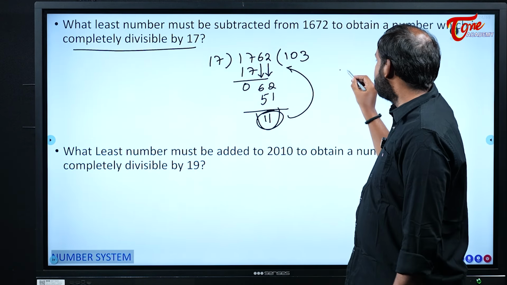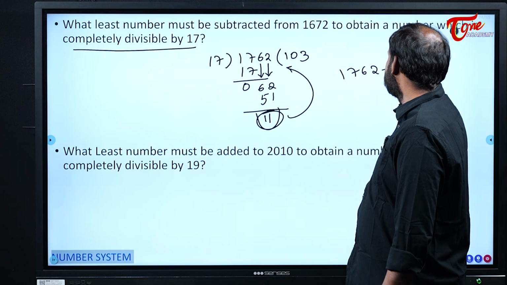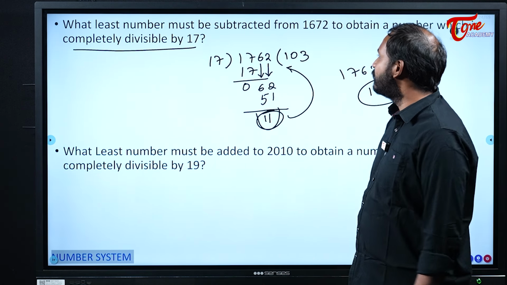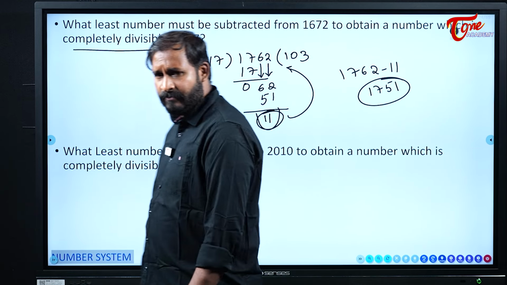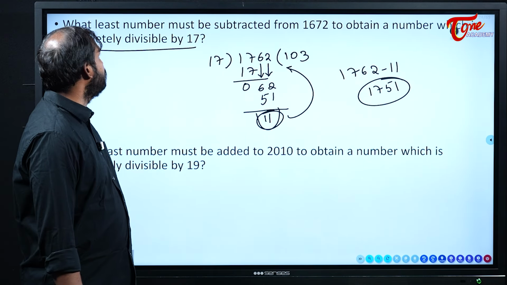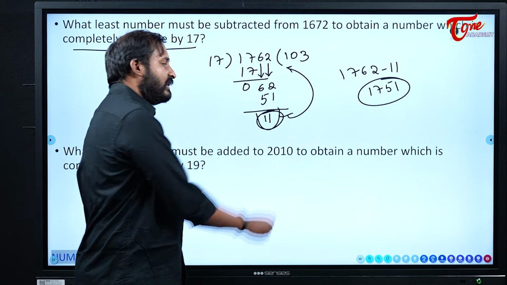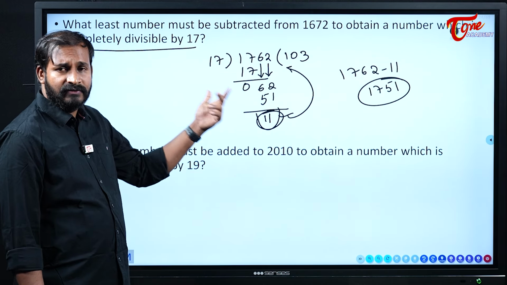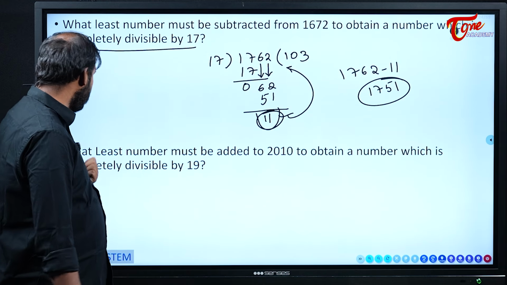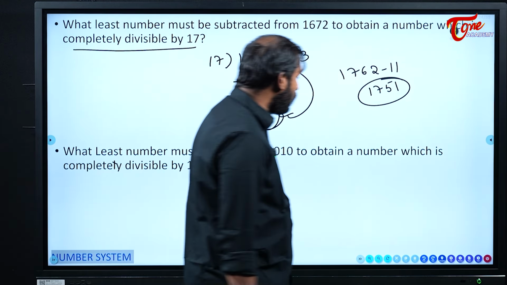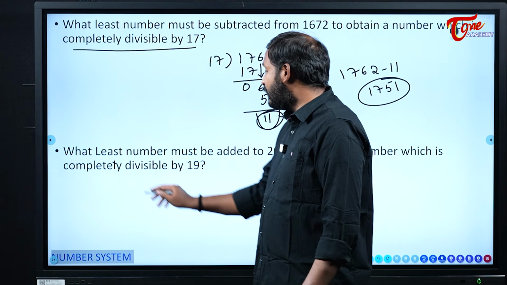So what will you get? 1762 minus 11 equals 1751. So 1751 is our number which is exactly divisible by 17. But the least number which we need to subtract is 11. 11 is the number which we need to subtract from the given number so that it will be divisible by 17. Next one. What least number must be added to 2010 to obtain a number which is completely divisible by